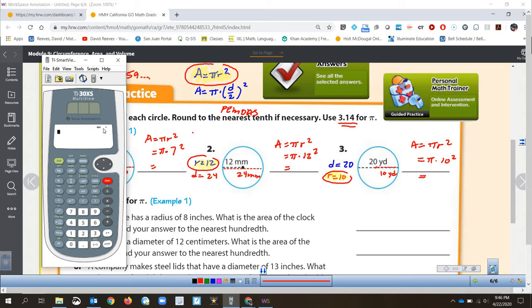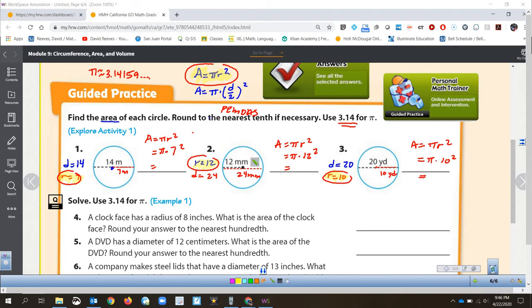But when you're using a scientific calculator, you could just put it in this order. So I'm going to do pi, but remember the book says to use 3.14, so I'm going to go 3.14 times, and then what am I going to do? I'm going to do 7 squared. Now, squared means times itself, so if you're not sure about doing squared on your calculator, you can do 7 times 7. I happen to actually have this x squared button, and if you have a scientific calculator, it probably does too. So 3.14 times 7 squared, and the answer that I get is